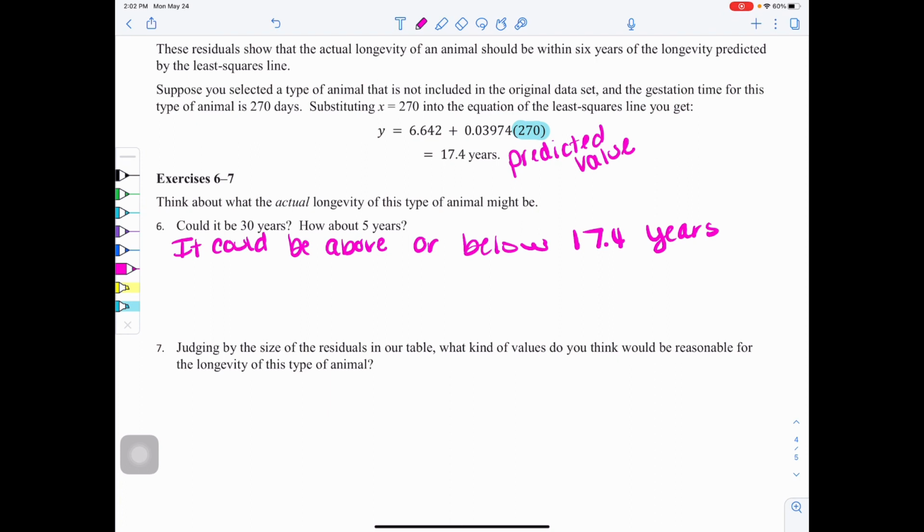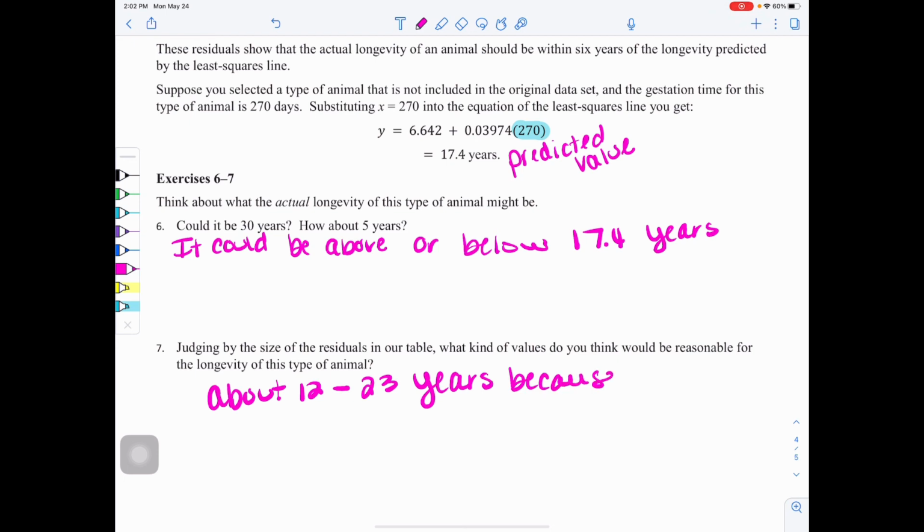So if I went 6 below 17.4, I'd be at about 11 or 12. So I would say about 12 to, let's say we went 6 above 17, that'd be about 23. So about 12 to 23 years,